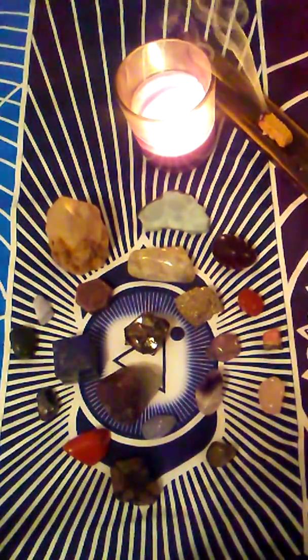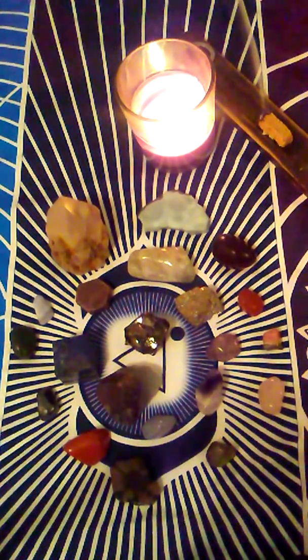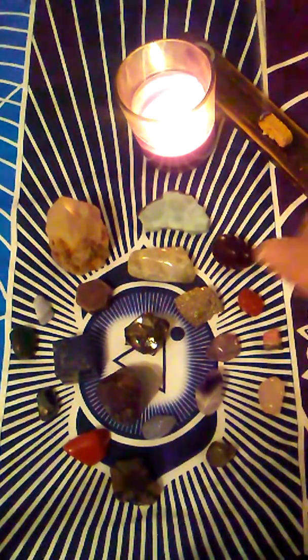So we're going to talk about some crystals that can help support viruses, respiratory, flu, and fever, which is going around right now. So you can use this as a complementary method of healing. So the first thing we're going to talk about is viruses, and fluorite